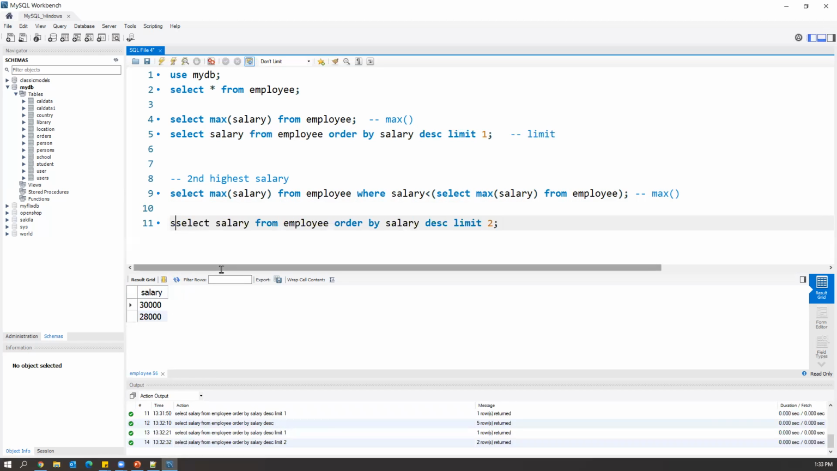We need to write one more query here. Select salary from, and here you can keep the inner query like this. Now the inner query will return the two results, 30,000 and 28,000. From this result set, we need to extract 28,000. So now what we need to do here is